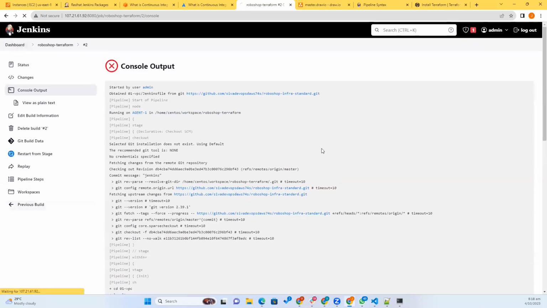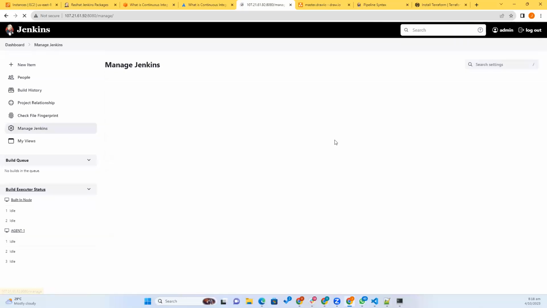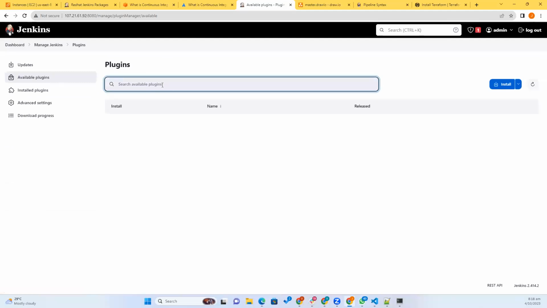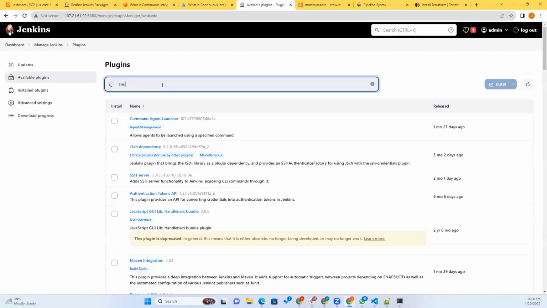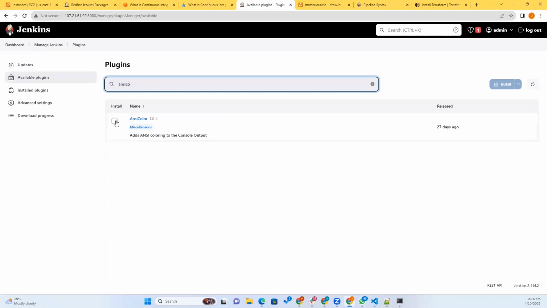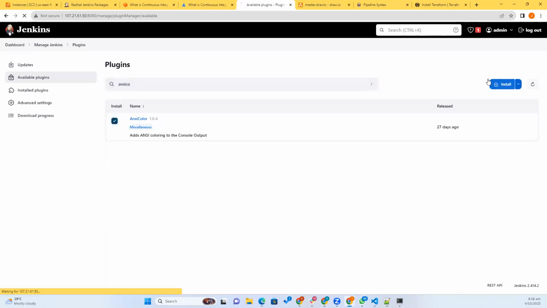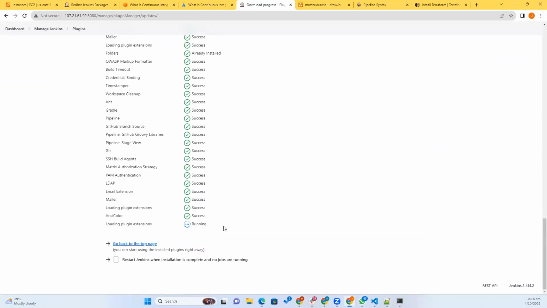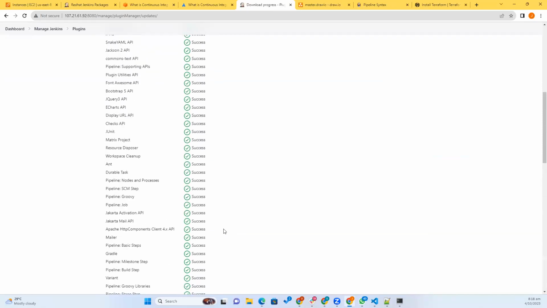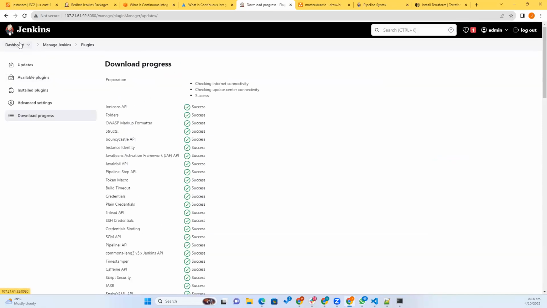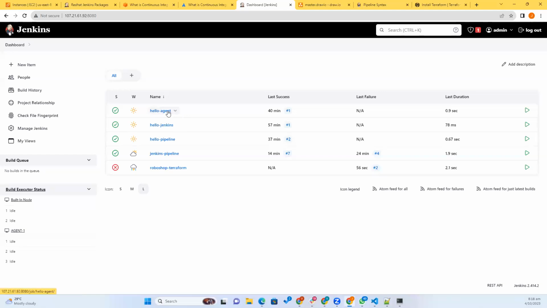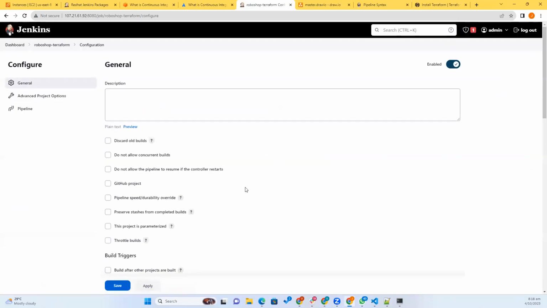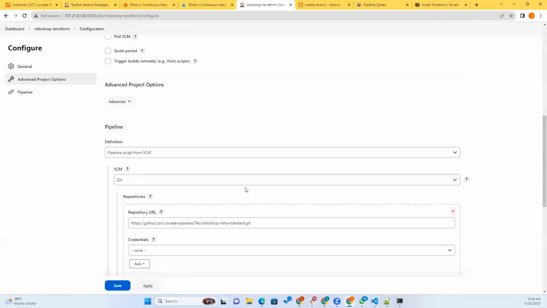You can install a plugin. Manage Jenkins, inside plugins, there is something called available plugins. You can install extra plugins like ANSI color. So there is a plugin called ANSI color. Just install this. This will enable colors to our output. So here, dashboard, in our RoboShop Terraform, configure, and there will be an option that is